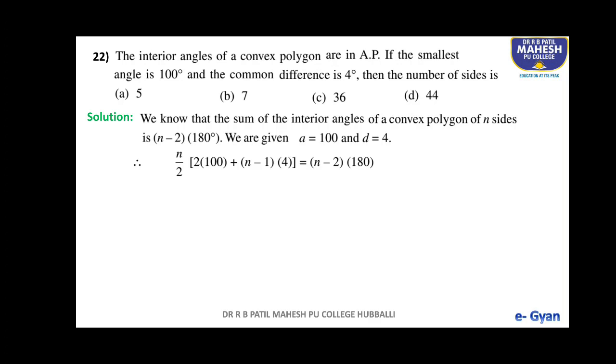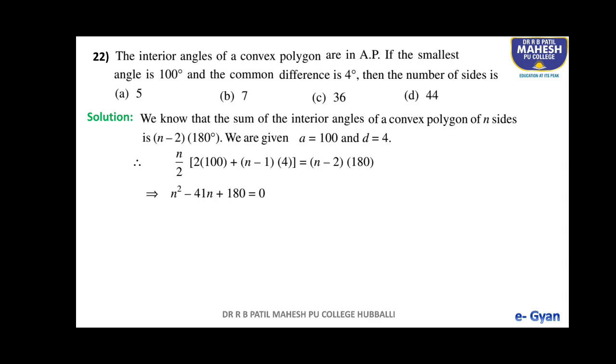So to simplify this one, we can take out 2 common in the LHS part, and by cancellation we can write it as, by multiplication, n square minus 41 n plus 180 is equal to 0 after all the simplification. We just do multiplication and addition of all these terms, so we get n square minus 41 n plus 180 is equal to 0. Now we have to find the roots of this quadratic equation.